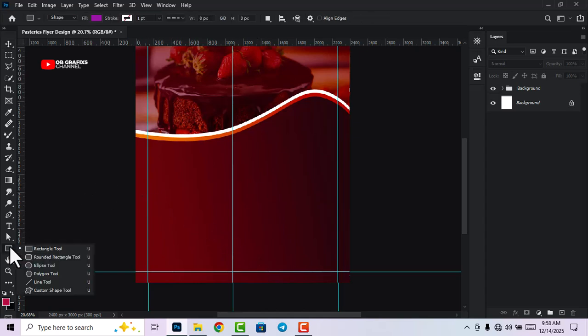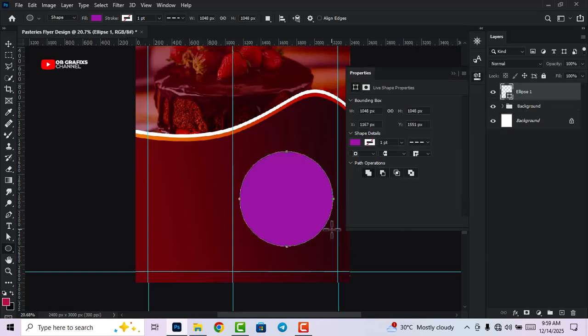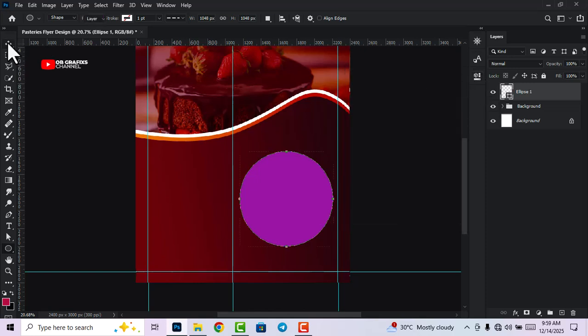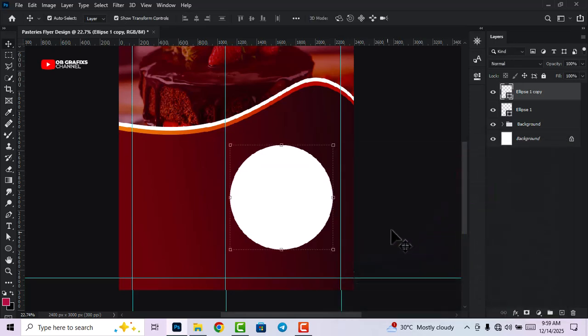All right, just right click, go to your shape, and then select the ellipse tool. Yeah, ellipse tool. Now on your keyboard, press and hold the shift key to drag and then draw a perfect circle like this. I am using Adobe Photoshop 2020. I don't know the version you are using, but if you're using Adobe Photoshop 2020, if you want to get a perfect circle, you have to press and hold the shift whilst you drag your shape. Right, now that I have this in place, I'm going to duplicate it. So Ctrl+G, right, and I'm going to change the color to white like this, and then decrease the size,